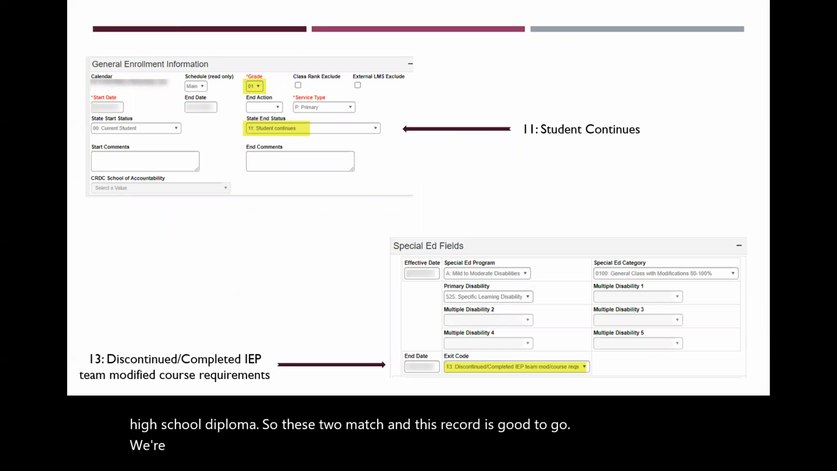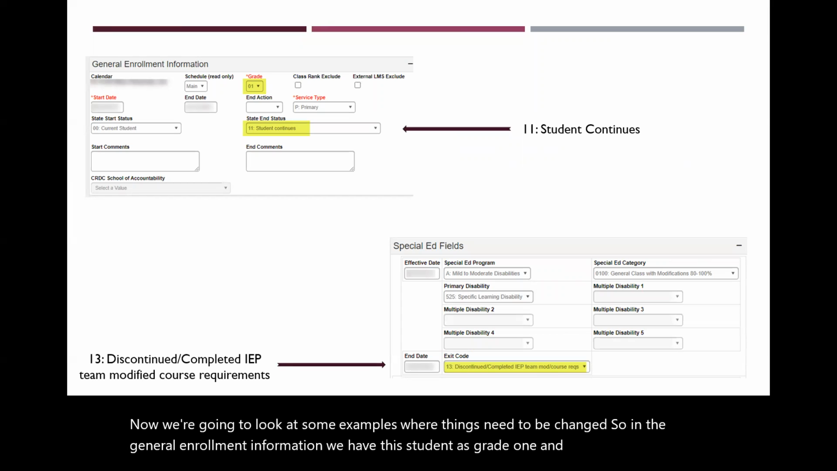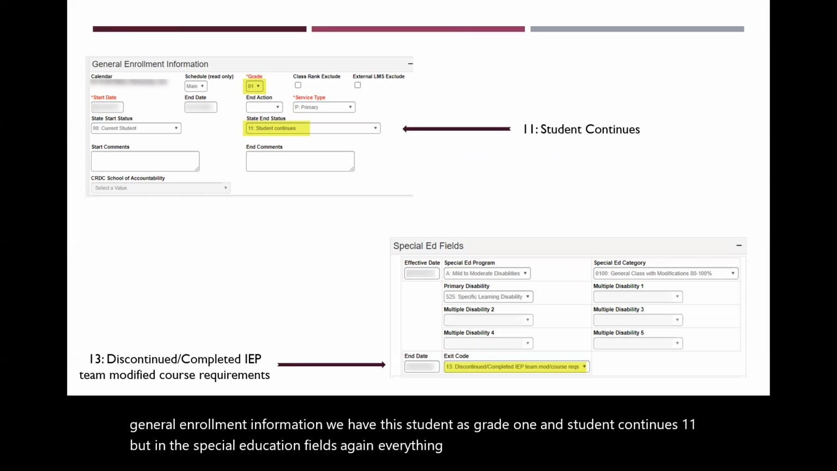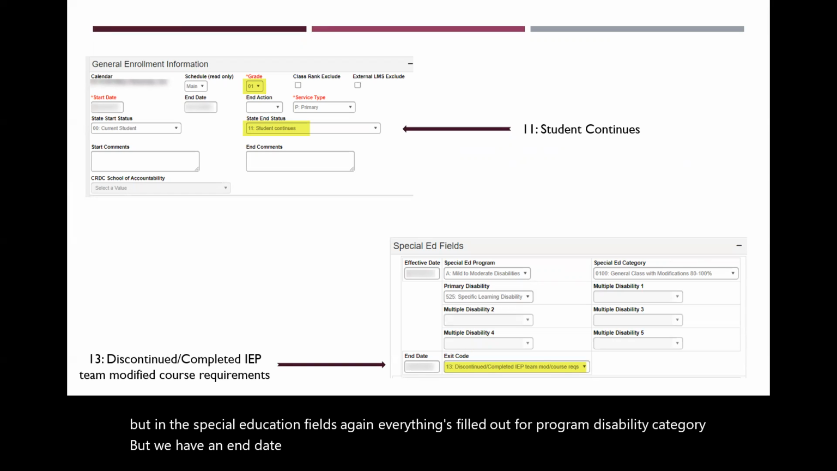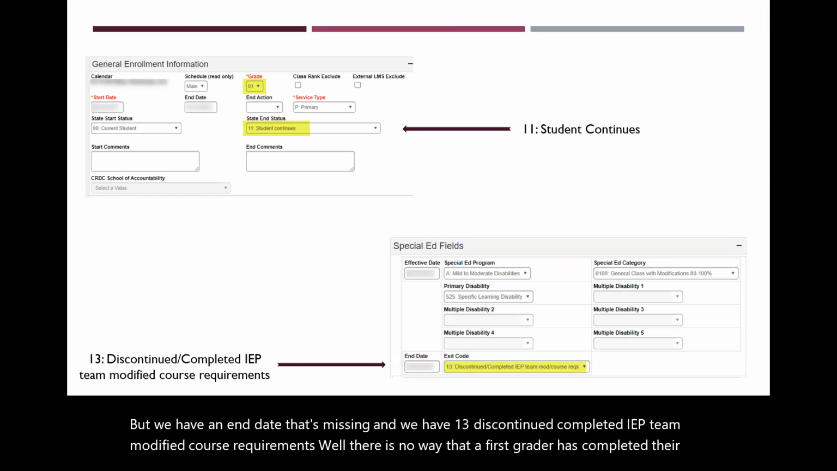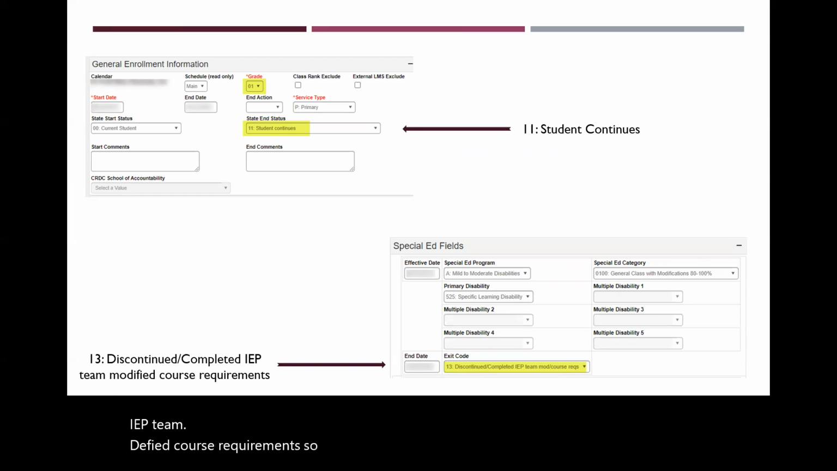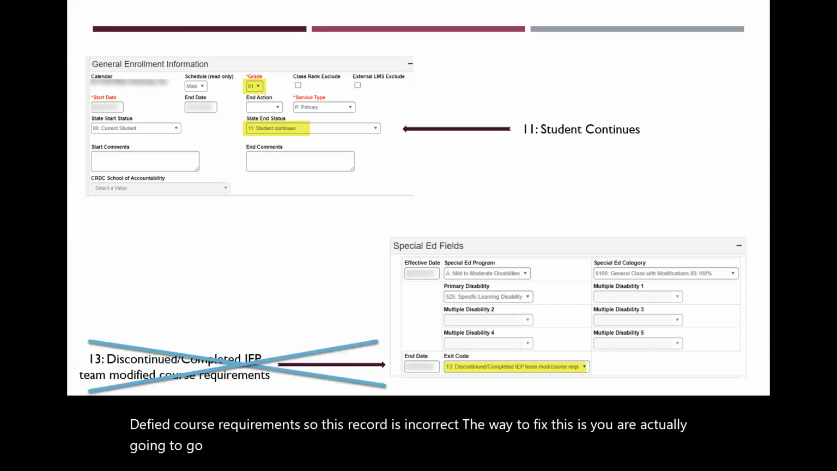Now we're going to look at some examples where things need to be changed. So in the general enrollment information, we have the student as grade 1 and student continues, 11. But in the special education fields, again, everything's filled out for program, disability, category, but we have an end date that's missing, and we have 13, discontinued, completed IEP team modified course requirements. Well, there is no way that a first grader has completed their IEP team modified course requirements, so this record is incorrect. The way to fix this is you are actually going to go into that information in Infinite Campus,